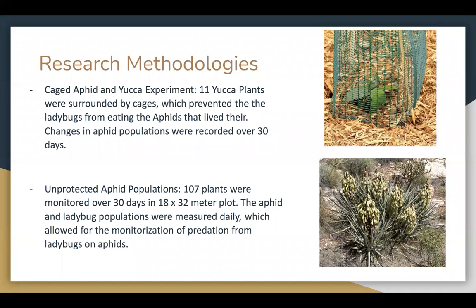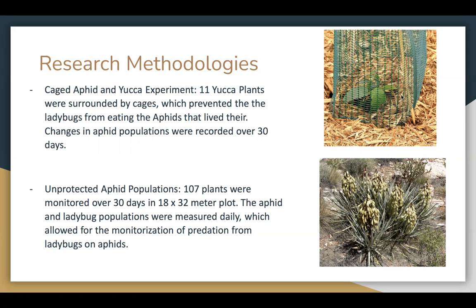And this data was then compiled in Excel, where scatter plots are made showing the development of the aphid population over time. After this, the R value, which is the per capita growth rate of the aphid population, was calculated over the course of the 30 days. This data was then compared to the population measurements to determine how the per capita population growth changed over the measurement period. And this experiment was specifically done in May of 2010.